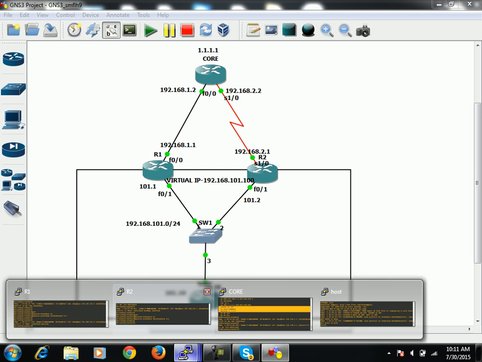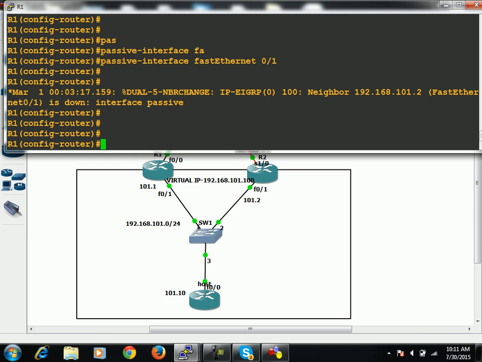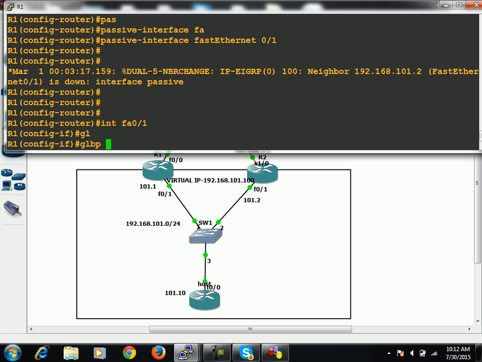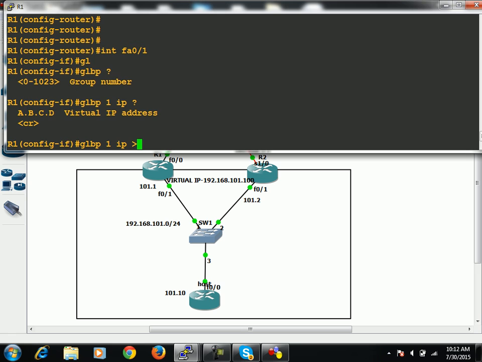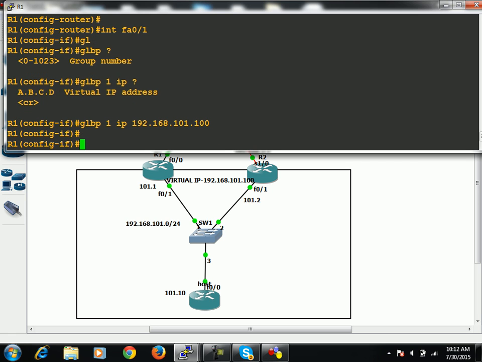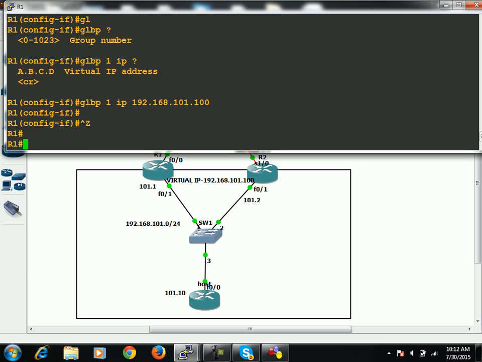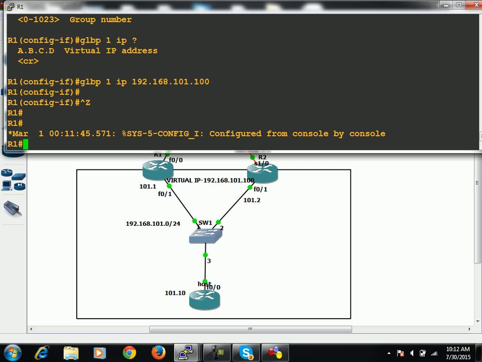Fine, let's configure it now. I will start from R1. On interface 0/1, I'll say GLBP. How many groups can be configured? 1024. I took 1, then IP, and then the virtual IP. I'll show you that now this R1 will become active for AVG as well as it will become forwarder 1. Just wait for a moment,